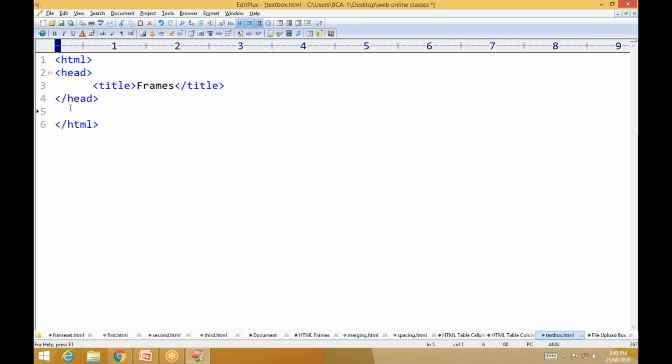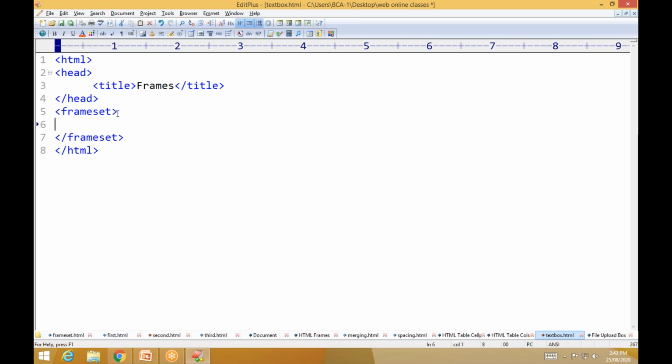Now I'm writing the frameset. Frameset, then close it with a closing frameset.